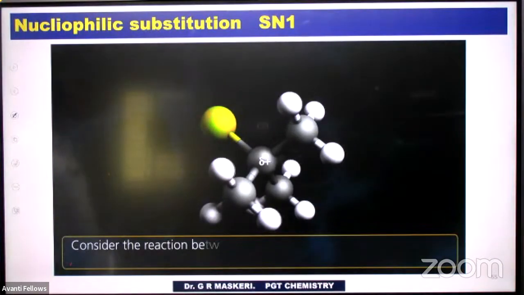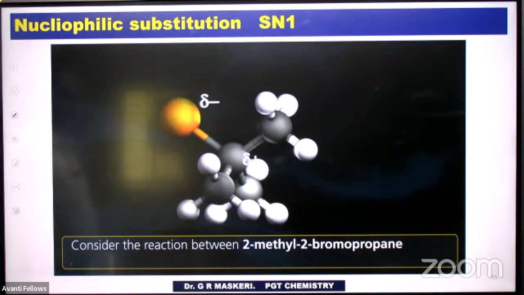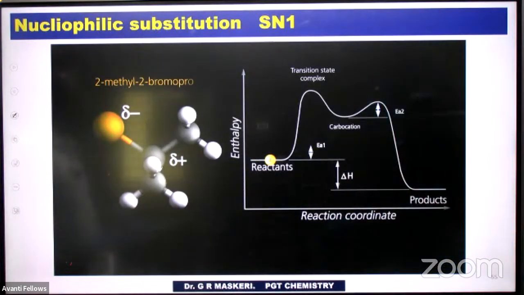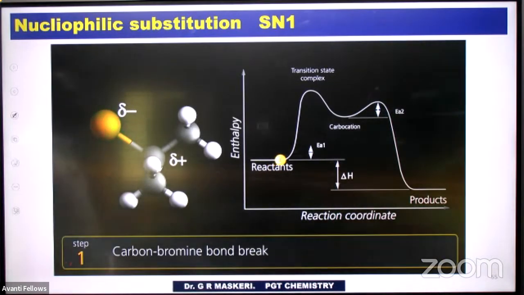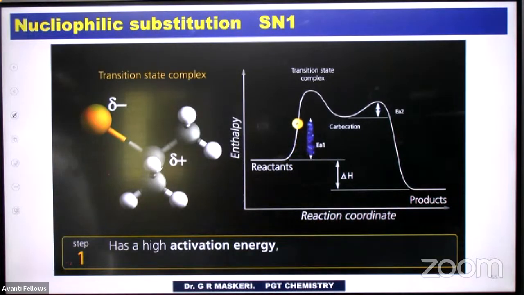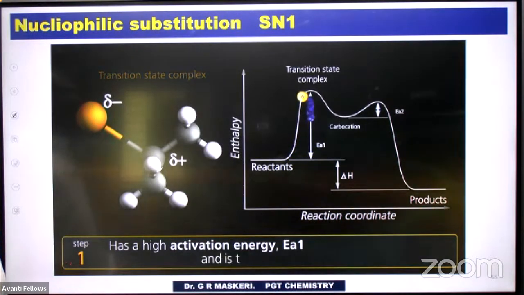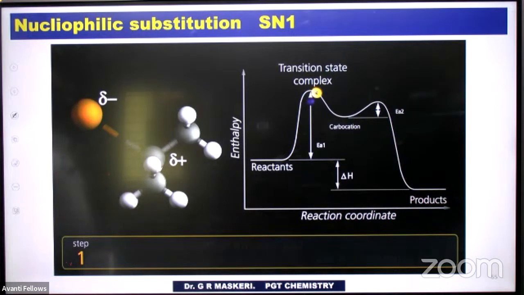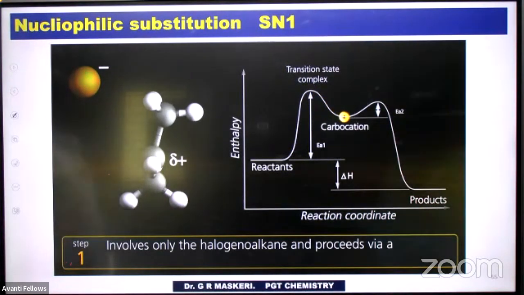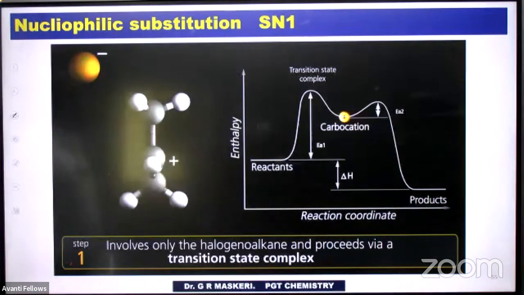Consider the reaction between 2-methyl-2-bromopropane and a hydroxide ion. It has a two-step enthalpy profile. The first step, the heterolytic fission of the carbon-bromine bond, has a high activation energy, EA1, and therefore determines the rate of the reaction. The first step involves only the halogenoalkane and proceeds via a transition state complex to form